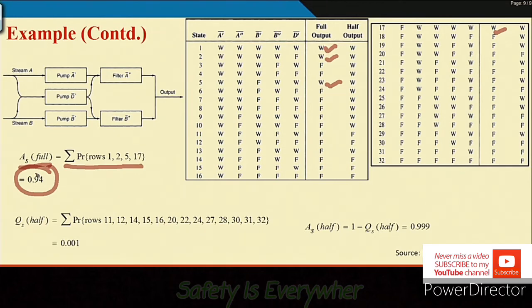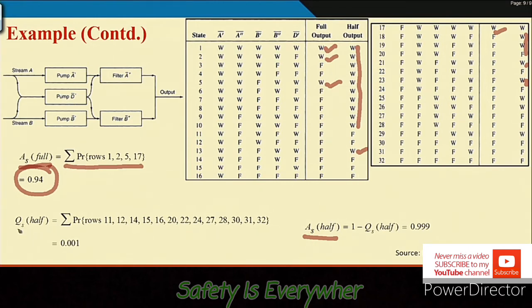Now similarly, you will find out AS half. You see how many rows have W; plenty of rows have W. So you can find out each of those rows with corresponding probabilities, then sum up the row probabilities, and that is possible. Otherwise, as there are fewer rows with F, meaning the failed case,